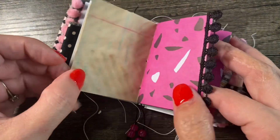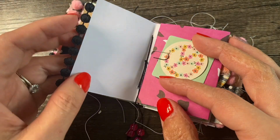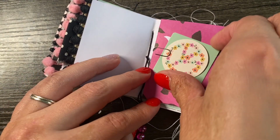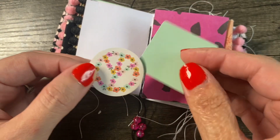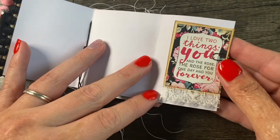All right, and then there's some of that pretty scallopy type lace edging. I did not sew through that. Okay, so right here we have a mini paper clip, and in that paper clip we've got just a little circle type ephemera piece, and then just another one of those little journaling card things. And then on this side